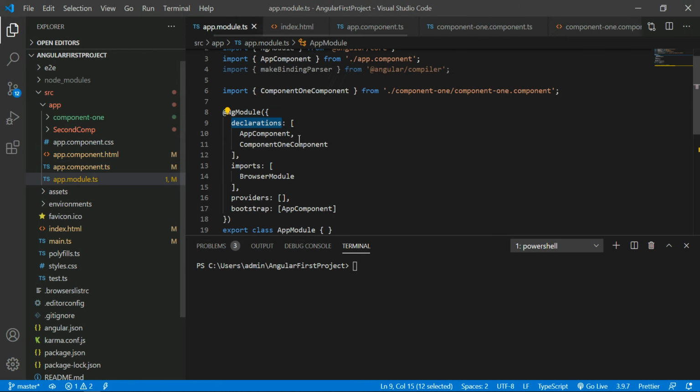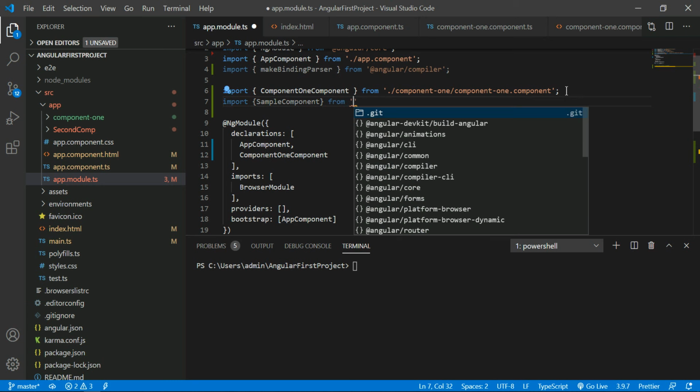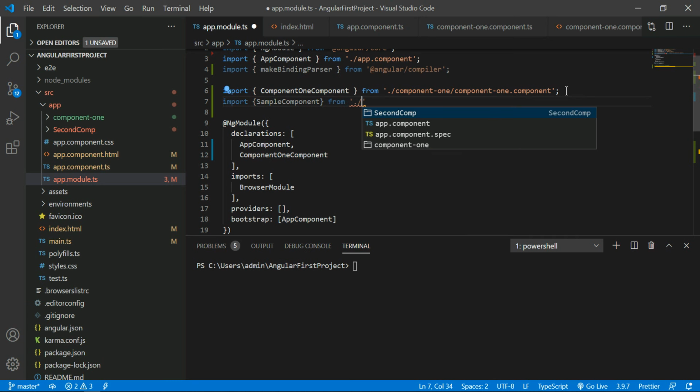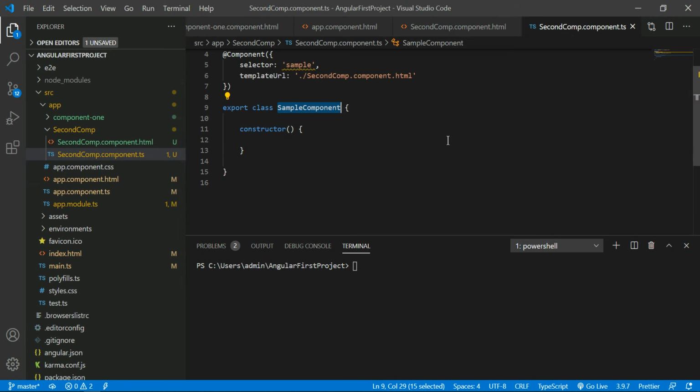So go to the app module section here. This sample component should be imported from its physical path, sample second comp, and the second component. This class is available in this TS file, right?